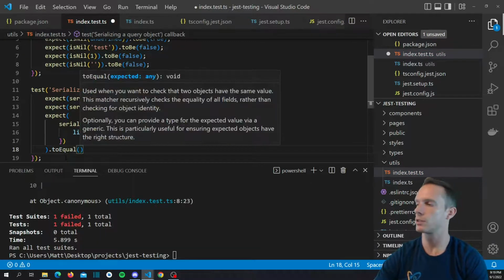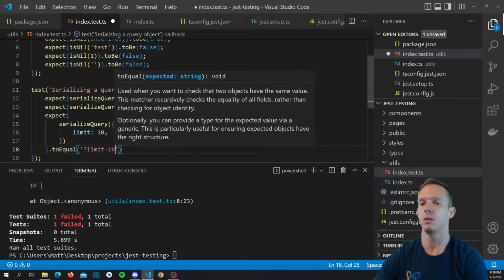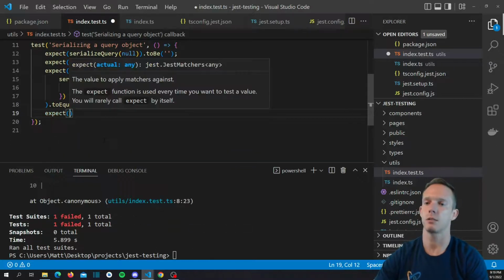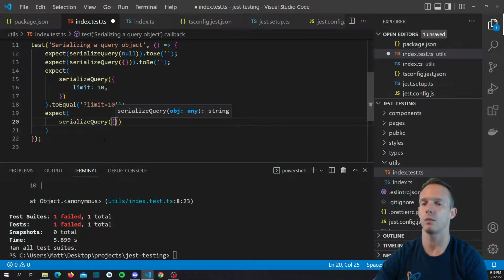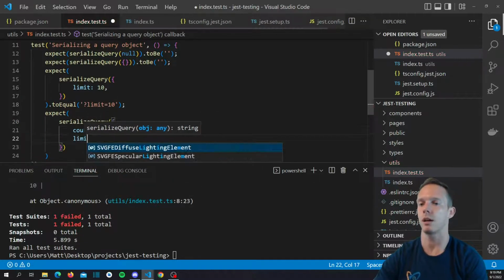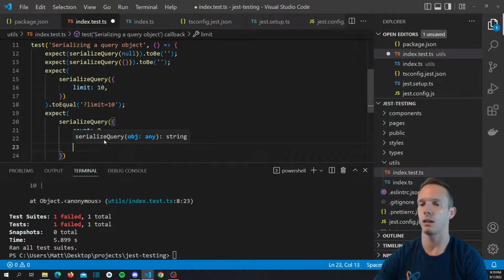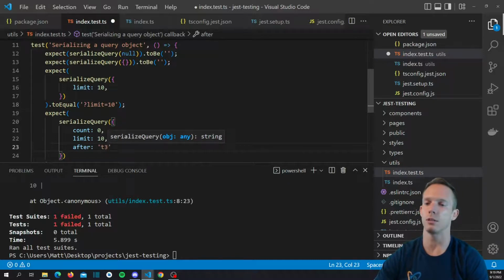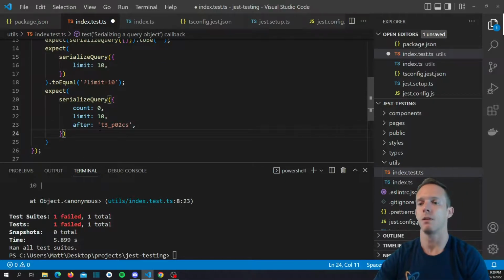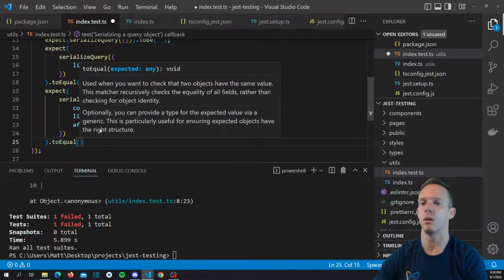Let's just run the toEqual function so you can see that it actually works as well. limit equals 10, right? And then we'll say expect serializeQuery, and let's do multiple properties: count, limit, and let's do something like an after, and I think the Reddit one has something like t3_p02cs, something like that. All right, so we'll do multiple properties, and this will be toEqual